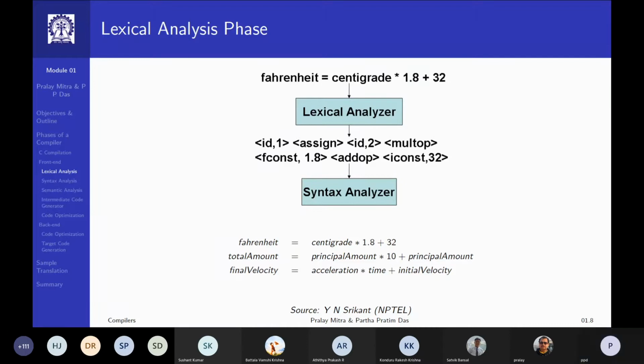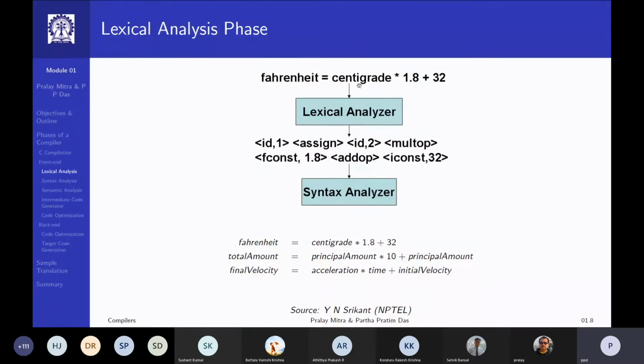Checking for equality. So you group in that way and you write the corresponding token, which is an assignment operator. Mind you, there could be any number of gaps here, or they could be side by side. You just ignore them because they are no more meaningful after you have done the conversion to the tokens.